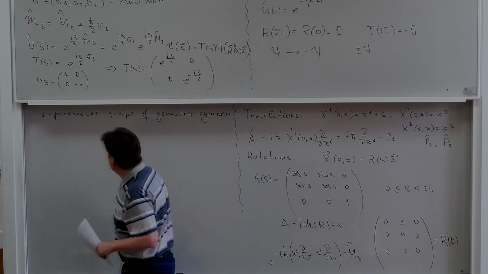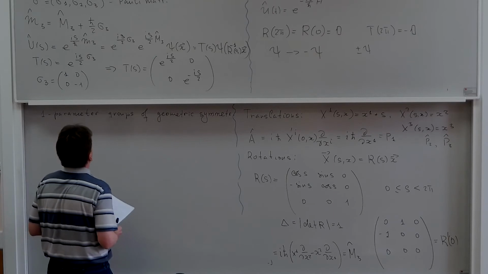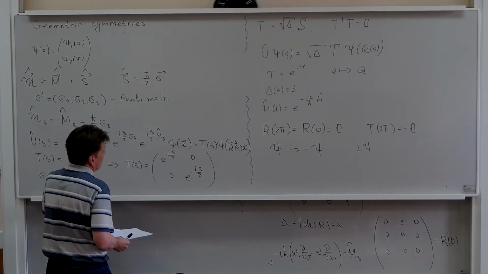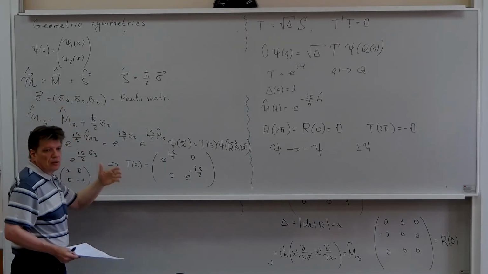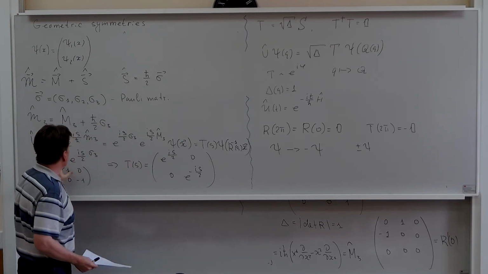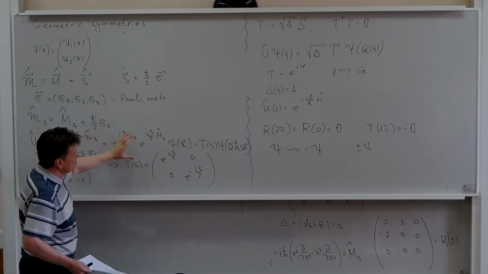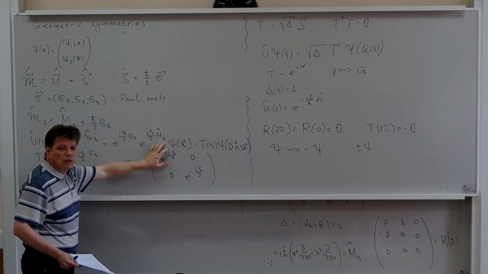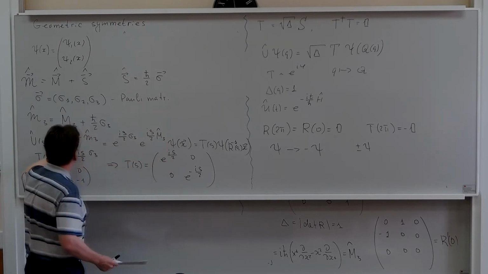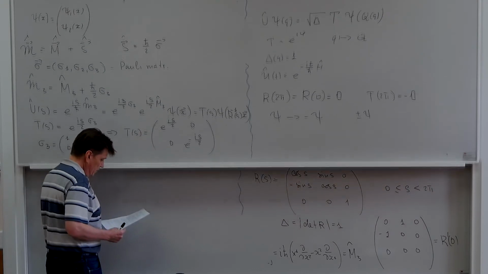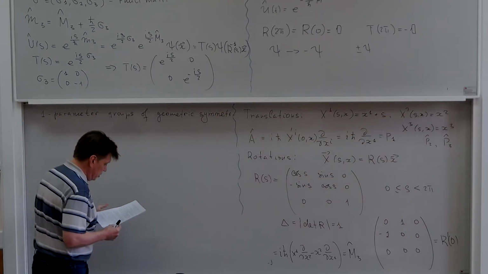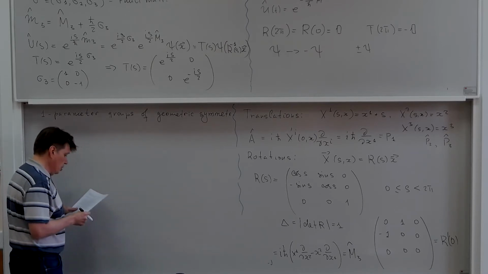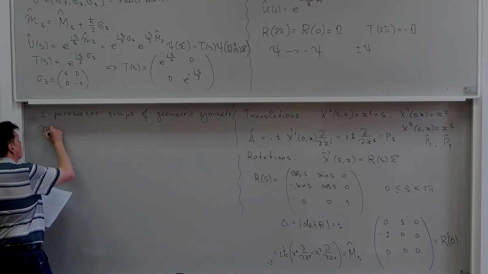Before the break, we derived the transformation property for the two-component wave function under rotations about the z-axis. These transformations are given by this formula, and these transformations are generated by the z-component of the total angular momentum, M3. And similar transformation formulas can be written down for the remaining two components of the total angular momentum,